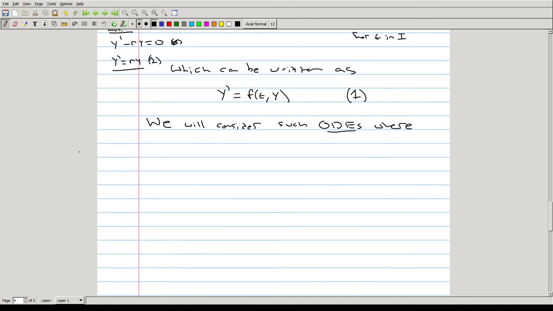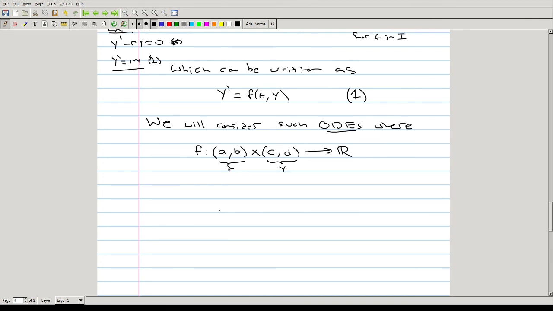Where f is a function from some interval in t, so a comma b, and y can range from c to d, and it's a multivariable function. So this is the set our t can range in, and this is the set that y can range in,